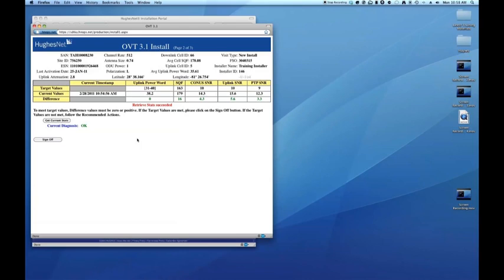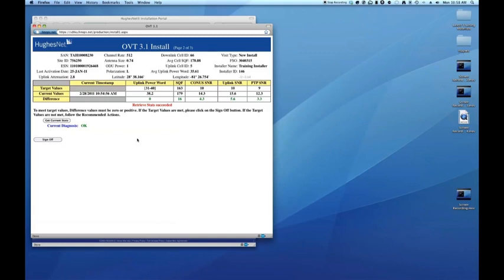The first thing I will point out is that if we look at the table with the colored values showing target values, current values, and difference, the time we ran the test, which was just now at 10:54 a.m., and then the uplink power word showing a target value, what our current value is, and the difference. Notice the difference is shown in green. That is a passing value. That is indicated because the target values show a range and our current values are within that range,